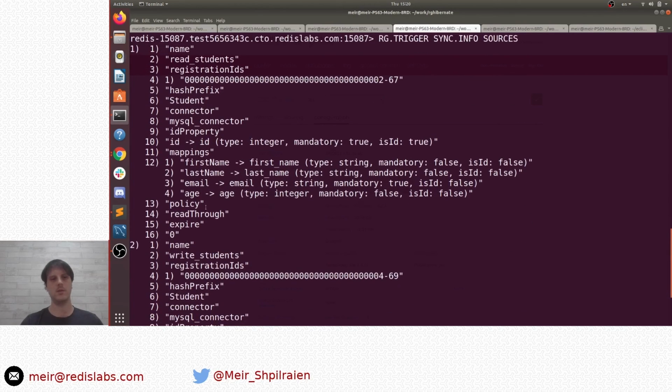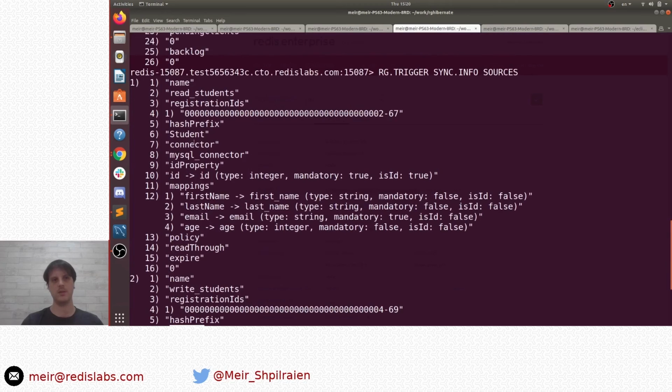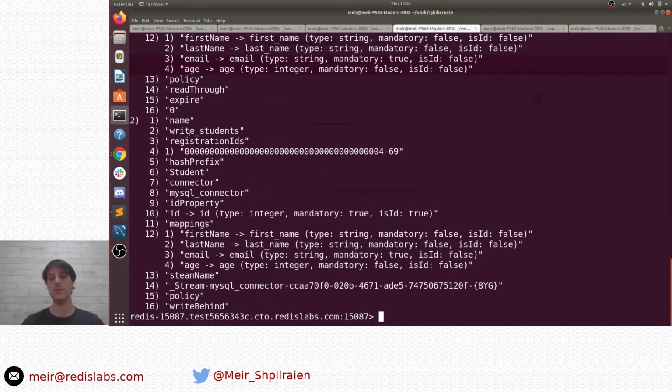One source is with read-through policy and the other is with write-behind policy, which means that all the data with the prefix student here and here, which is written to Redis, will be written to the backend. But not only that, all the data with the prefix student, which is read from Redis and does not exist, will be fetched from the backend database. So let's see it. I'm doing an HSET command on a student